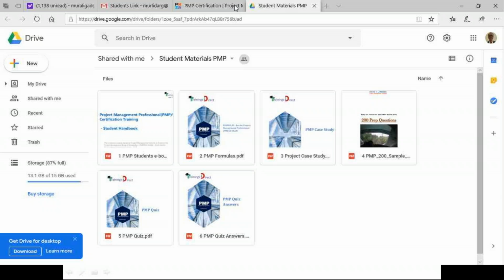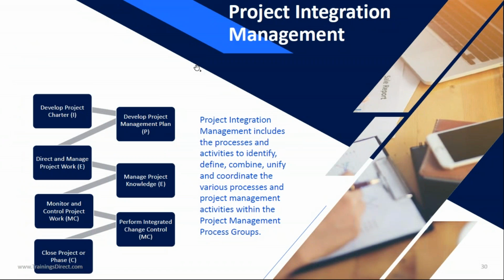Okay, let's come back to our main presentation. So project integration management: the word integration means combining things, consolidating. Integration management is an overview, a holistic or high-level view of project